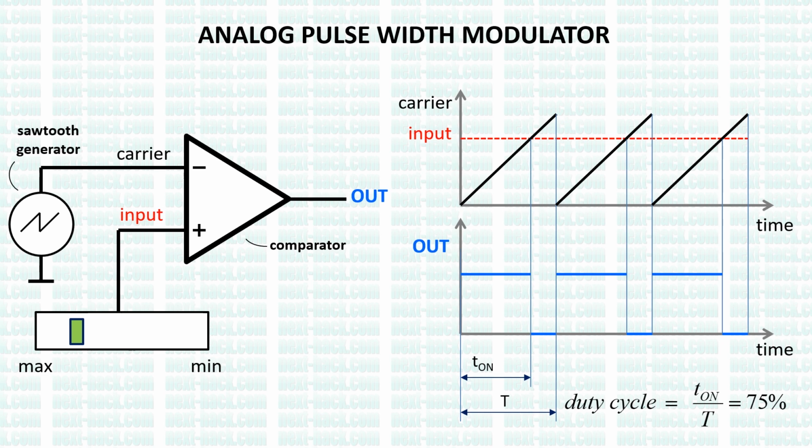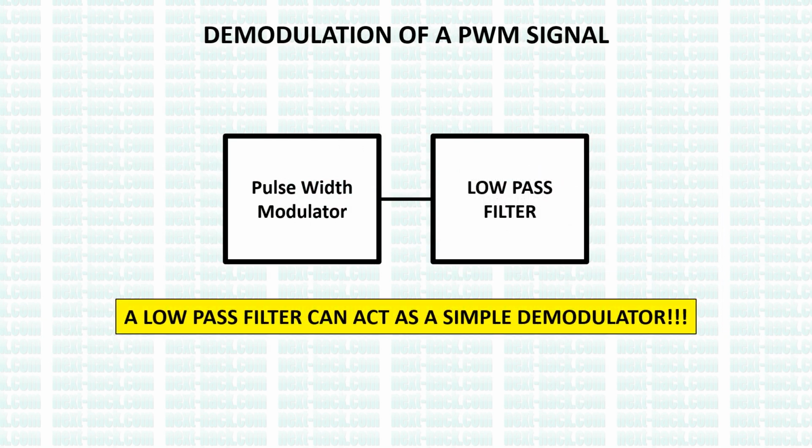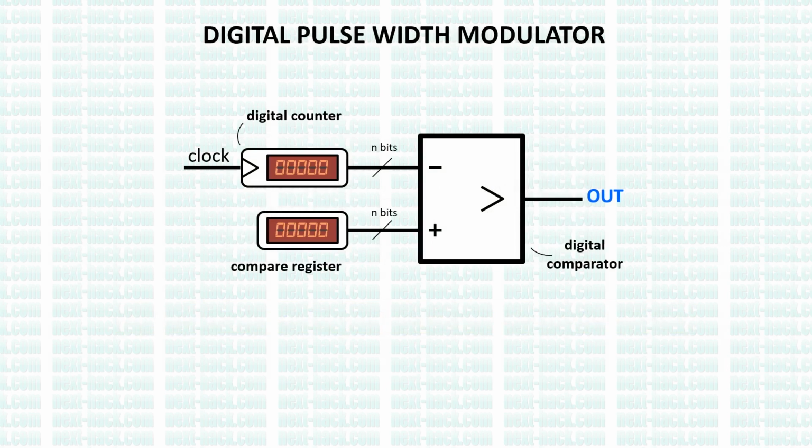After we created the PWM signal, we use a filter to get its average value. The filter actually performs the demodulation. In fact, the average value of a rectangular wave is proportional to its duty cycle, which, in turn, is proportional to the original sample value. In our case, we don't have an analog input signal, but a series of numbers. What we perform is a digital PWM.